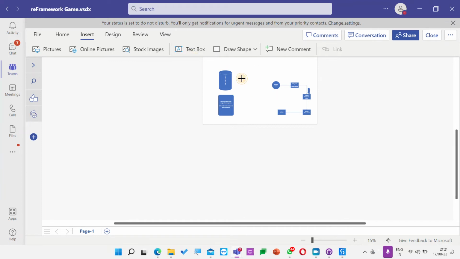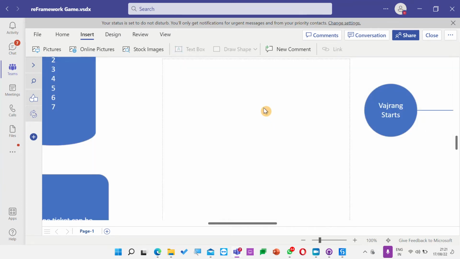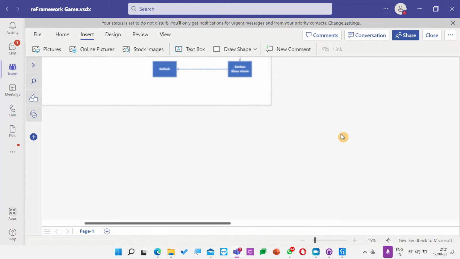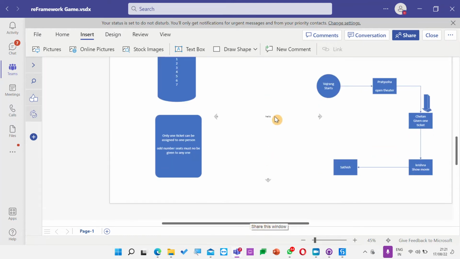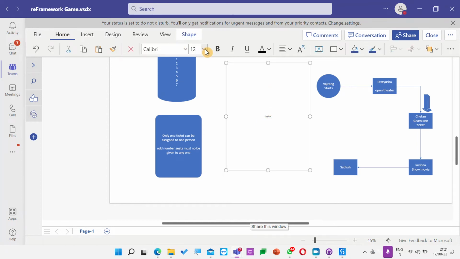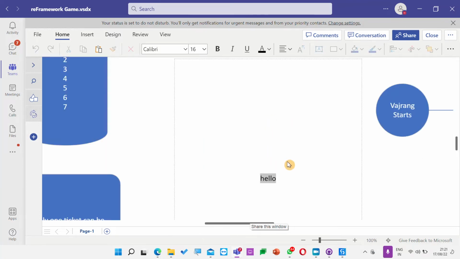So this is my text box. Okay, done. So what has happened till now? Pratyusha opened the theater, right? Yes. Pratyusha opened theater. Next, Chetan